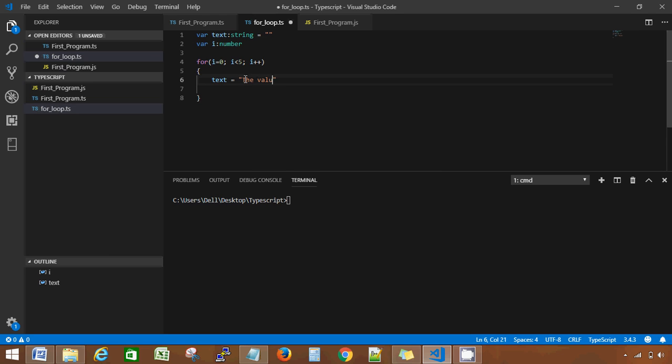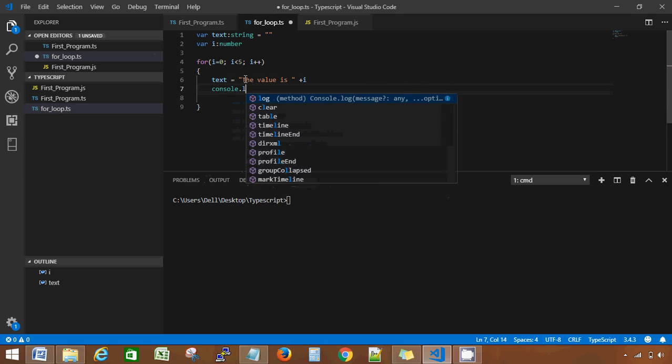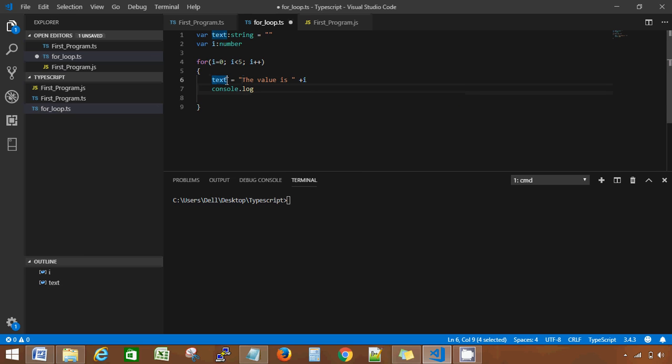The value is, and let's simply print the value of i. Okay, now we are printing it. So here we are just assigning some value to the string text. It will contain the value, like the value is 0, 1, 2, 3 and 4. It will run from 0 to 4. Now we are going to print this,